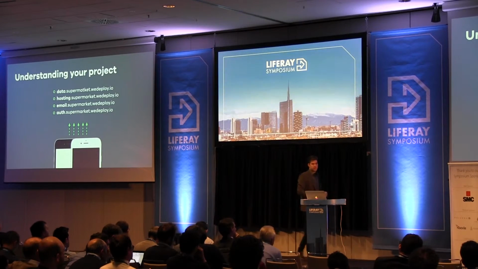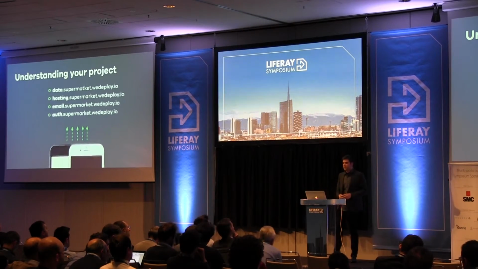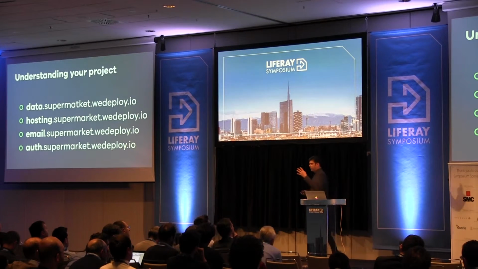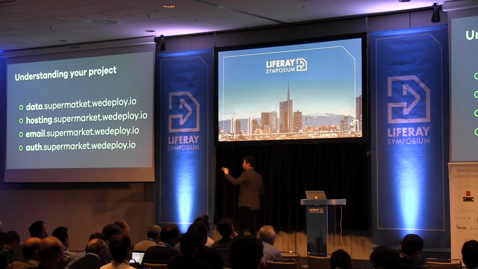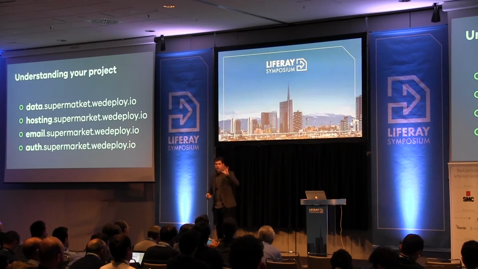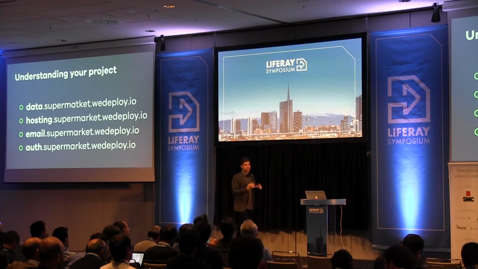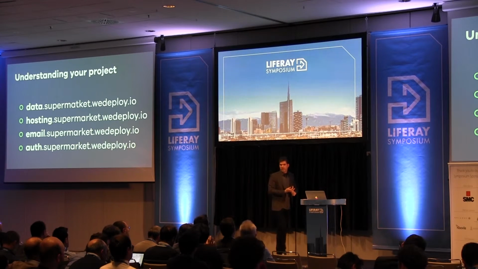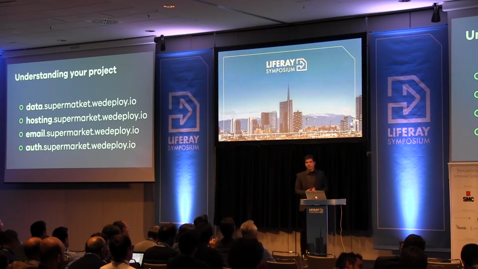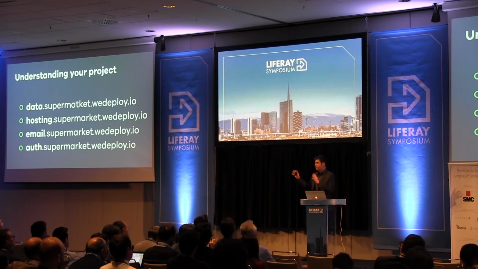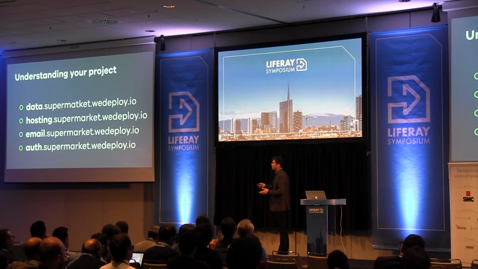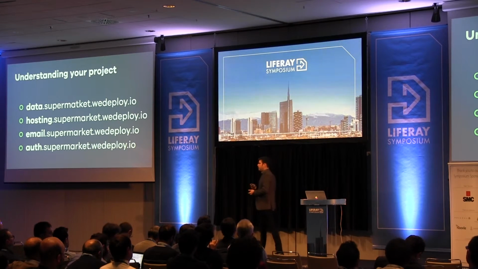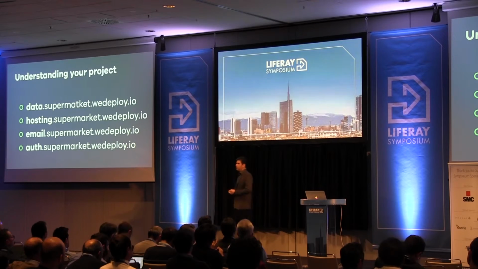So in summary, what we just did, we created a project that has 4 services: data, hosting, mail and auth, and you can see that they start being composed, like little pieces. And your URLs are predictable because of that. You can create scripts to know all your site map if you want. But I don't like this because I'm not going to send my client this full URL. It's ugly. In WeDeploy, you can also go there and create a custom domain.